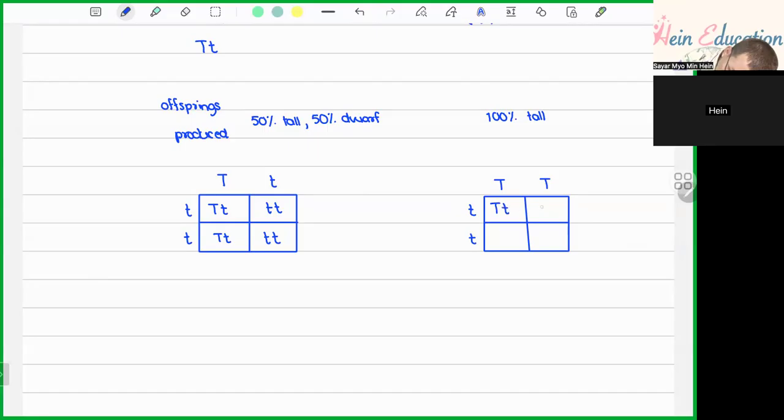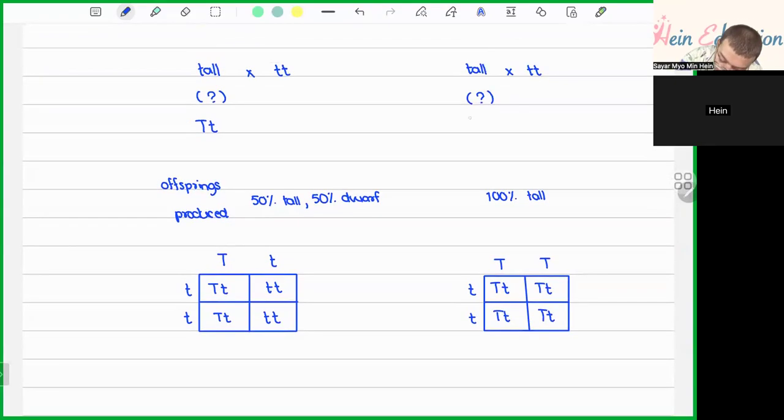So that would be homozygous dominant. Okay, so this would be homozygous dominant. So that's how a test cross plays a role. And it is really important when we want to identify whether a dominant character is homozygous or heterozygous, because that